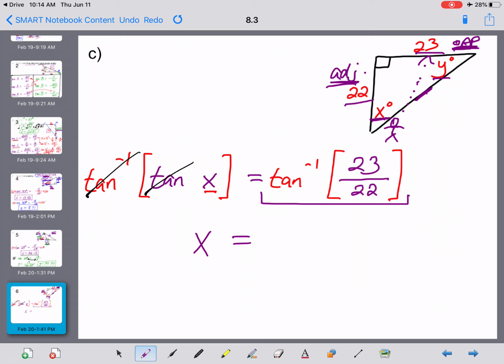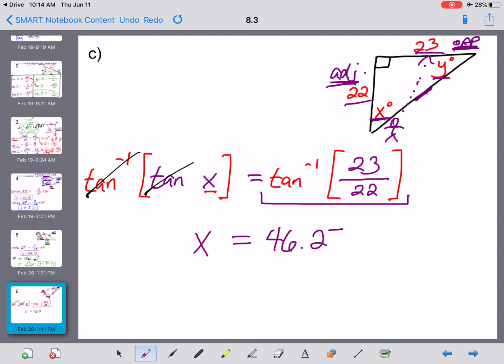Now the question we are asking now, the inverse tangent of 23/22, really means what angle out there has a tangent ratio of 23/22. So the way you're going to get to inverse tangent, on almost every calculator out there, you're going to hit the second button and then the tangent button. So I've got inverse tangent now, and I type in now in the parentheses 23 divided by 22. And when I hit enter, my calculator gave me an answer of